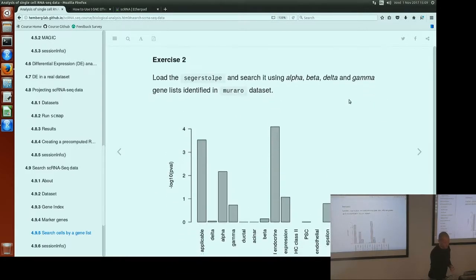Now we can do the exercise 2, which is more interesting. So we take the second data set, and we'll search the second data set using marker genes from the first data set. So now we won't be biased by just using one single data set, but we're using genes from one data set and searching another data set. So if we do that,